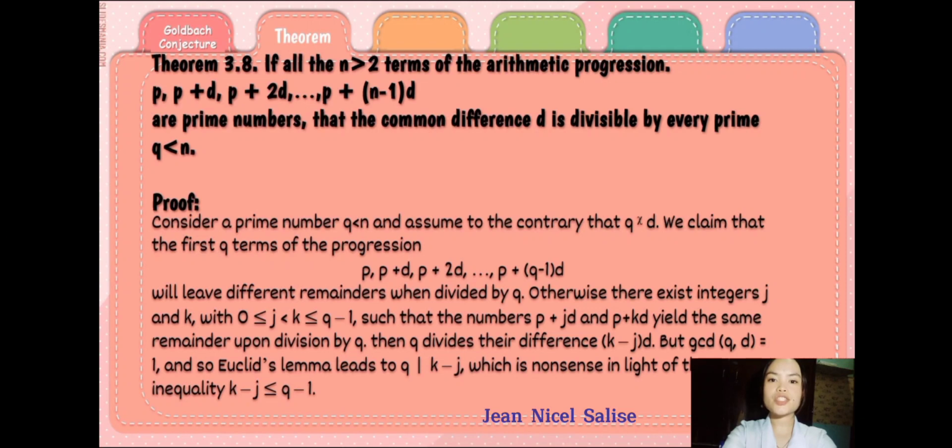Otherwise, there exist integers g and k with g ≥ 0 and g < k ≤ q − 1, such that the numbers p + gd and p + kd yield the same remainder upon division by q. Then q divides the difference (k − g)d, but gcd(q, d) = 1. And so, Euclid's lemma leads to q dividing k − g,